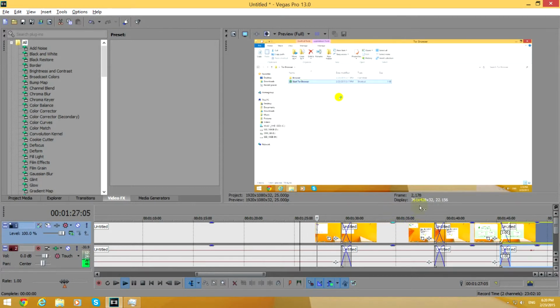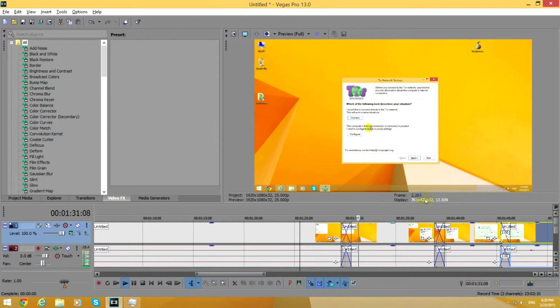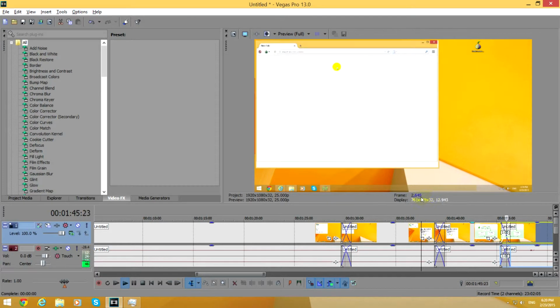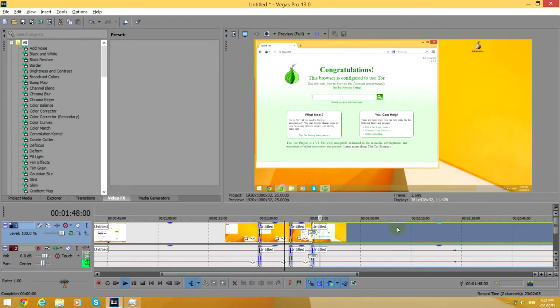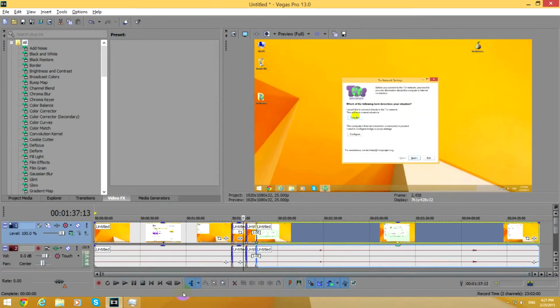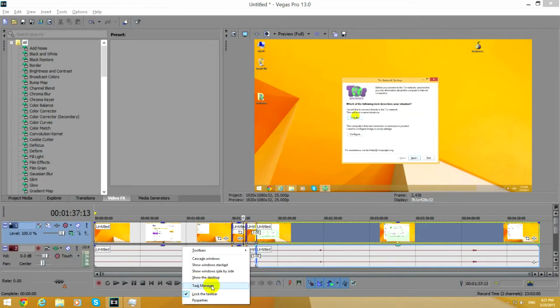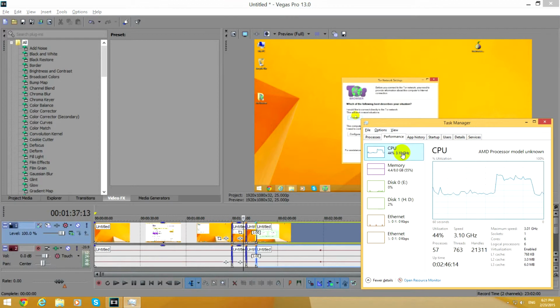So let's preview that one. Notice that there are no dots appearing. Let's go a little bit forward, and here at the crossfade the frame rate is pretty high, so it's not skipping at all. Okay, and I'm using, let's see here at Task Manager, a 6-core Phenom processor, and